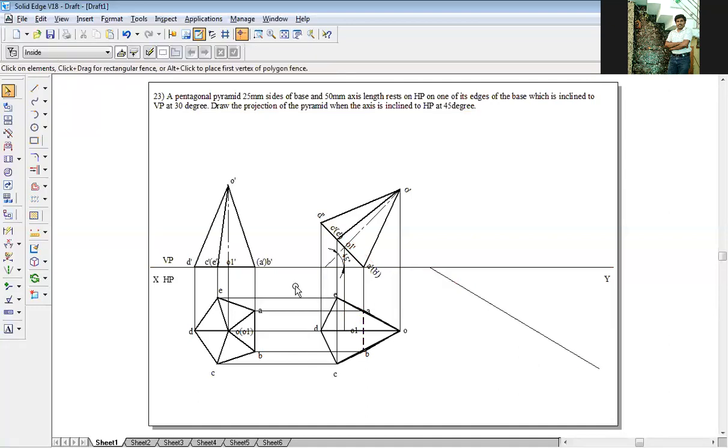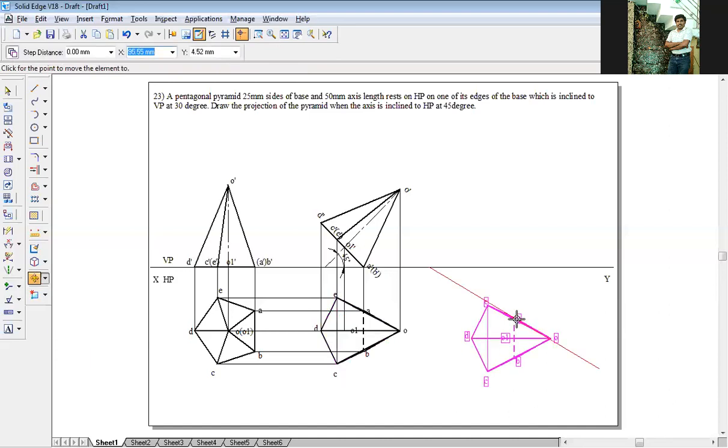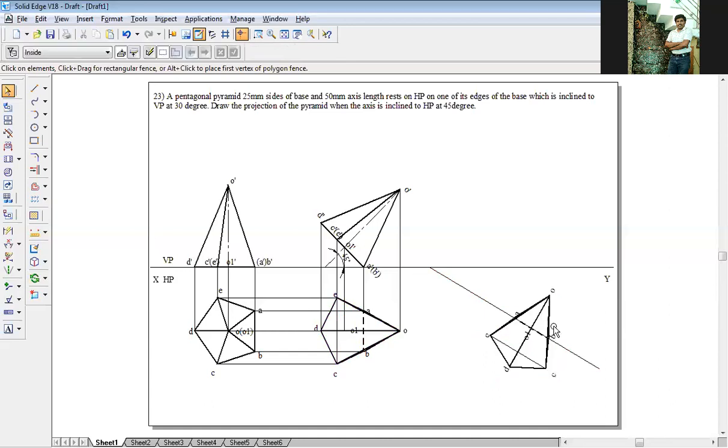Draw a line. Then select the entire thing. Go to move command. Switch on the copy option. Take the A point and put it on the line here. Right click. Go back to rotate command. Switch off the copy option. A end point as first click, B end point as second click. Put it on the line. So this is how your resting edge is inclined.